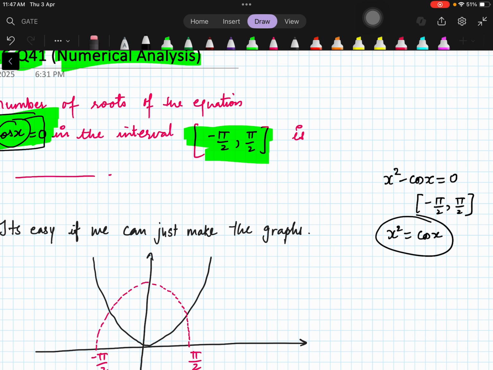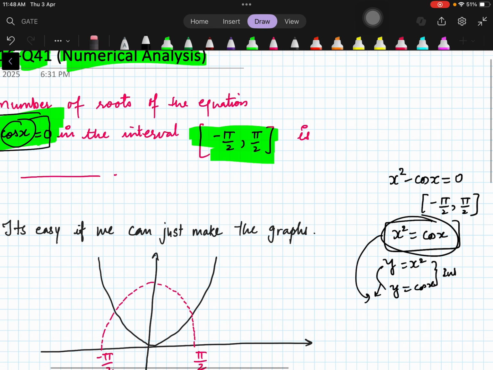So we can plot these two graphs. If I plot the graph of y is equal to x square and y is equal to cos x, then a root of this equation means these two graphs intersect, right? If I can find the intersection points of these two graphs, then they will tell me how many roots are there, right? Now I know what the graph of y is equal to x square